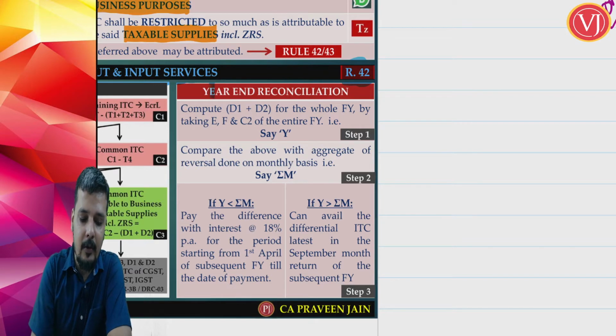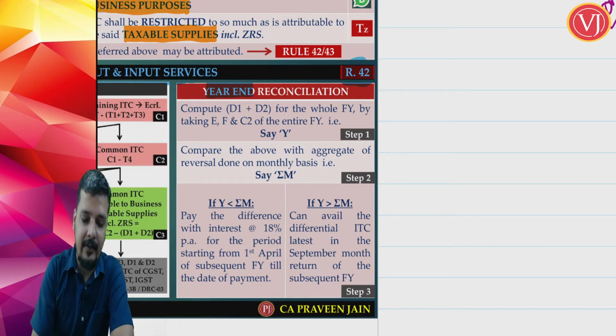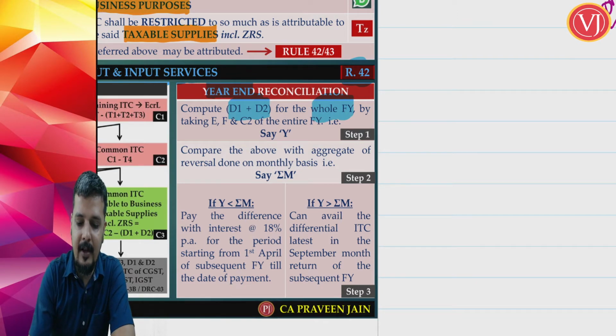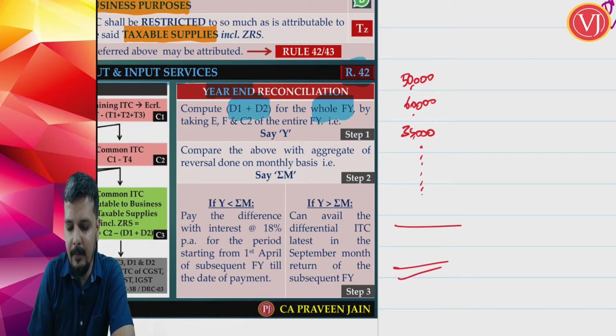Now friends, what are you going to do in year end reconciliation? The same formula that you have applied month on month, you will apply year wise and again find D1 and D2 reversal, now not for the month but for the whole financial year. Supposing the month on month reversals you have done are 50,000, 60,000, say 35,000, etc., for 12 months. This month on month reversal comes to say 5 lakhs. This is the monthly calculation. Year end check tells that the reversal should have been